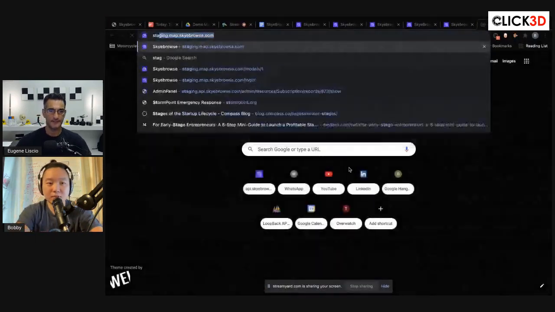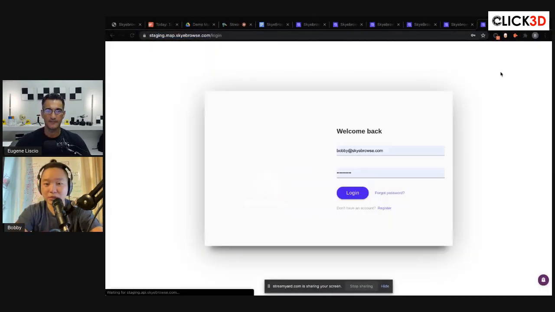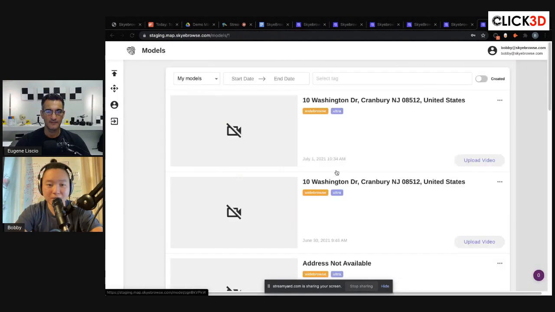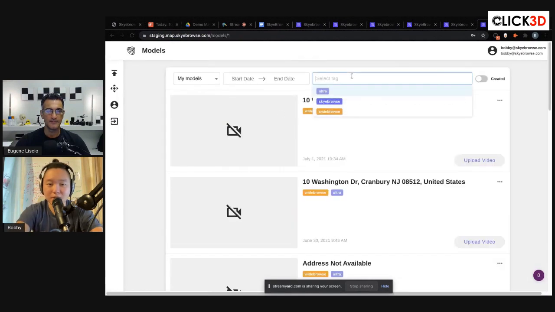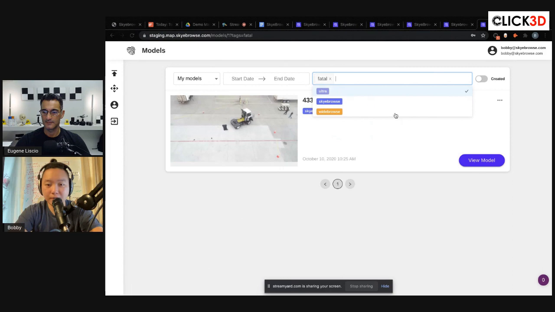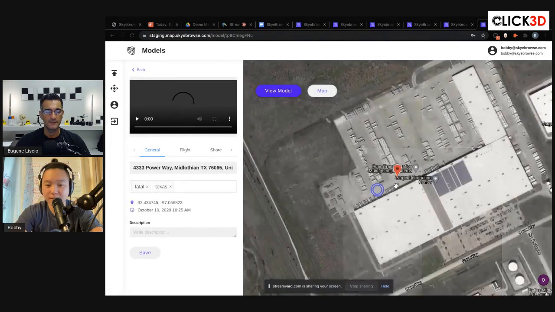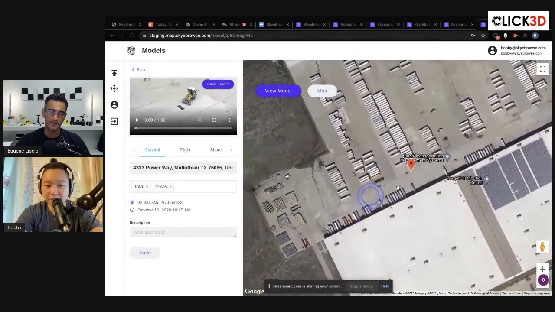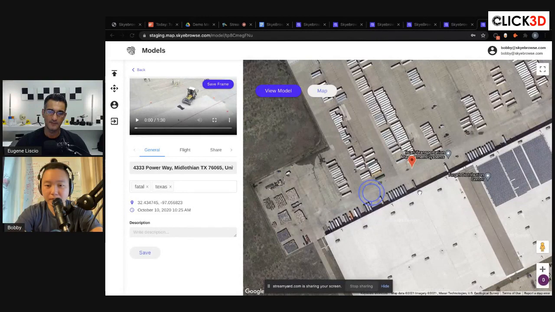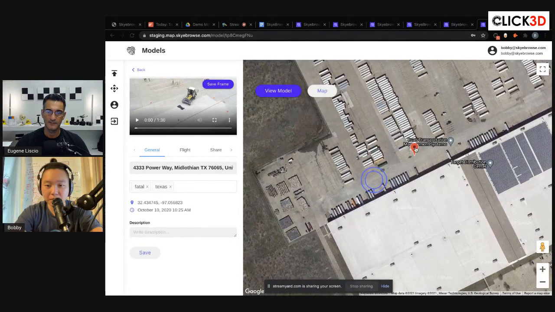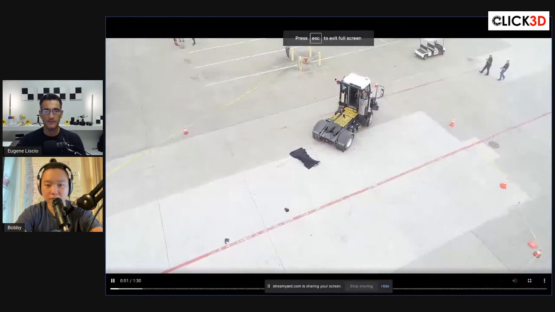So I'm going to show you something that hasn't been released just yet. Currently in testing, but I'll show you a fatal here down in Texas. This has been settled in court, I believe, so I can show this. This is where the pilot took off, the drone flight pattern right here. This was at a Target distribution center where a tractor trailer driver, I'll just show the video right here, was